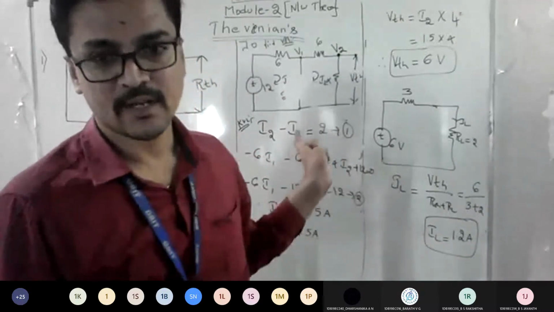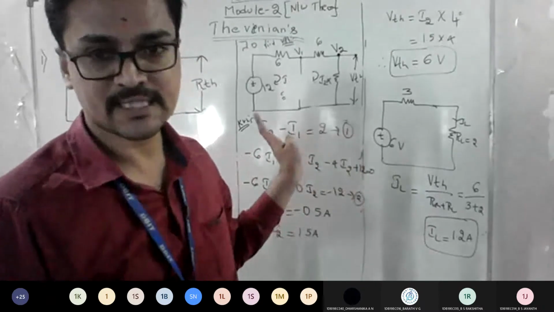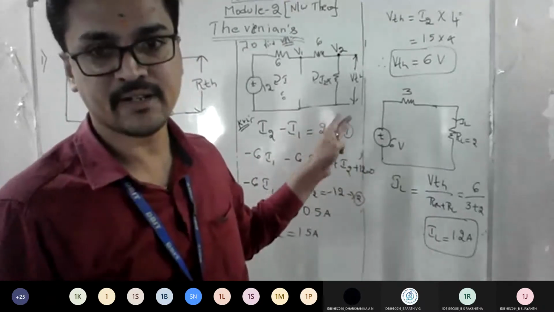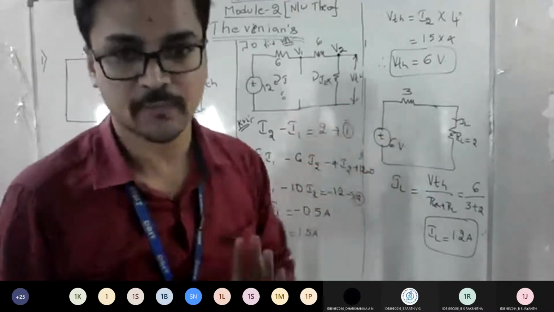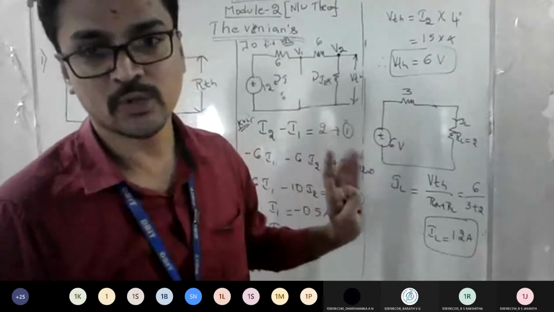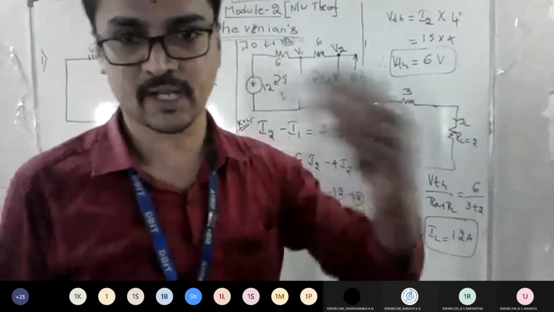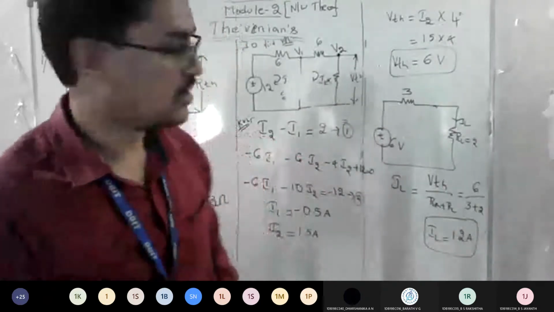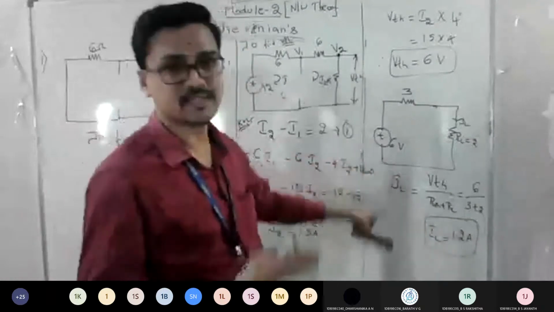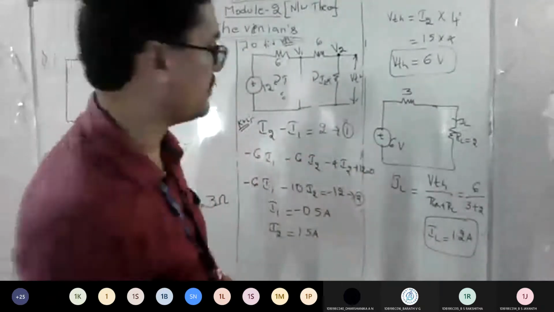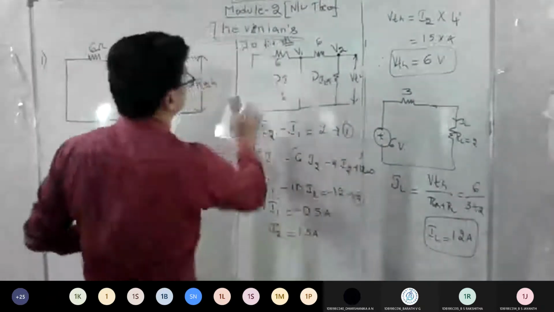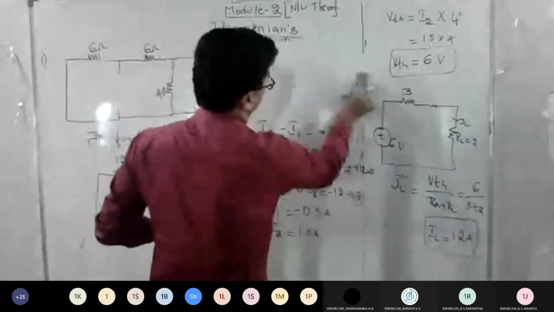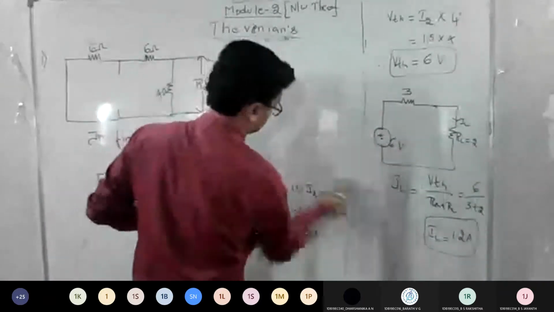So why did I tell this? Because in a few problems they will ask for Thevenin, and from that Thevenin, they will ask you to get the Norton also. So at that time, there is no need to do the Norton procedure from the beginning. Whatever you got here, just convert it by source transformation. Can you tell me what the answer is now, by applying source transformation?